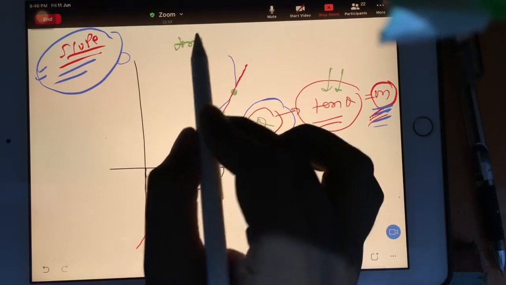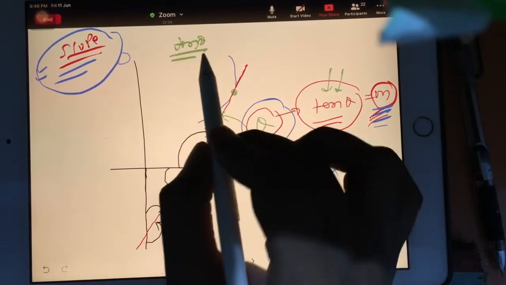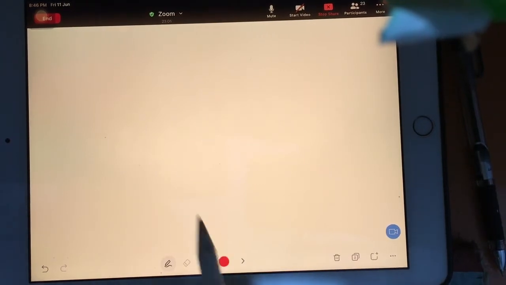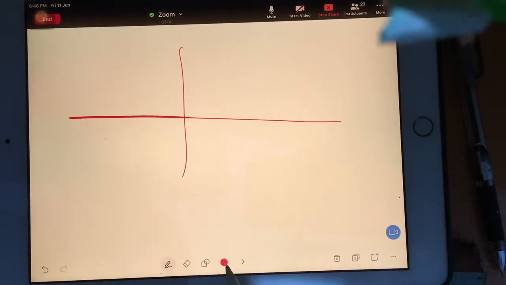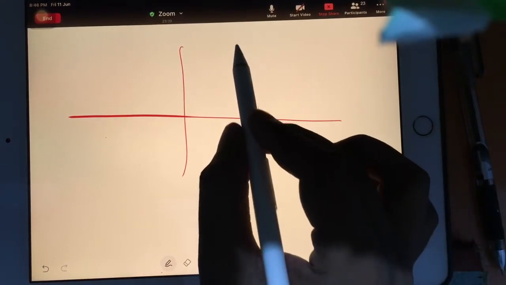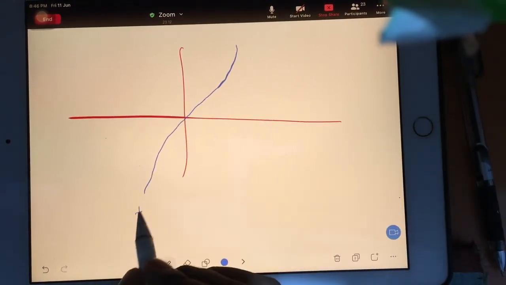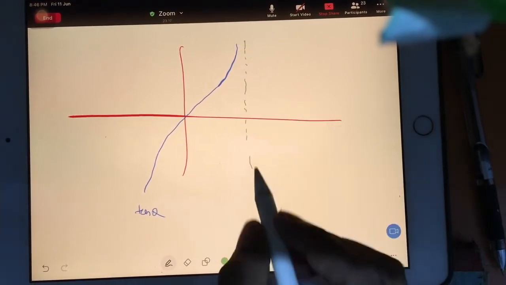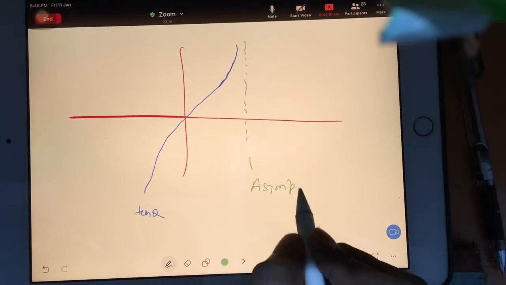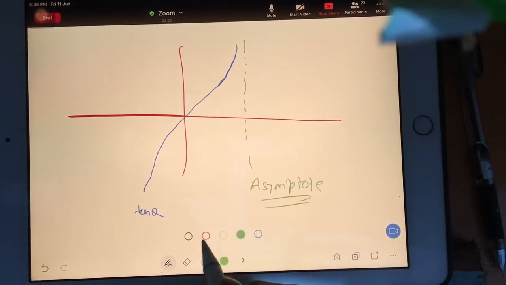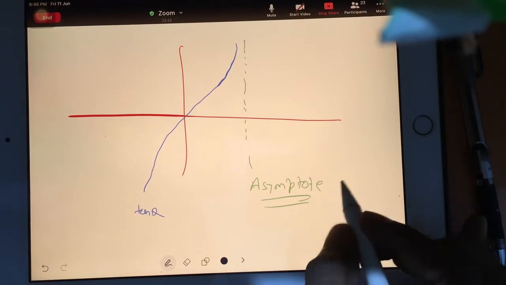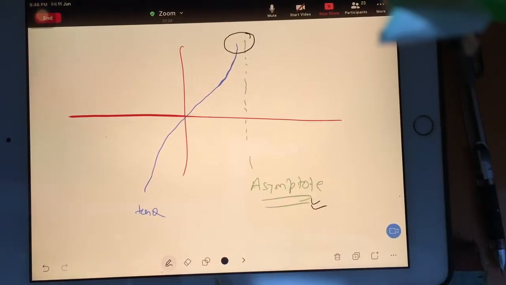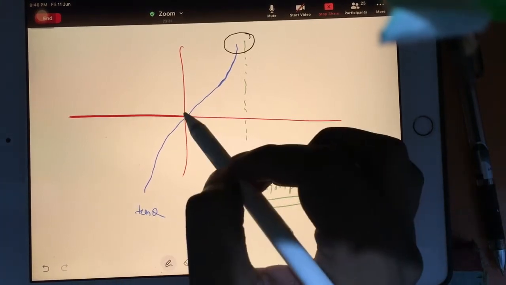The tan theta value has a very drastic change. I will show you the graph. You see here, this is the graph of tan theta, and this is your asymptote line. Please cross check the spelling of asymptote on Google. I am a little weak in English. Asymptote means this line will never touch the curve. I mean, these two will never meet. This blue line will keep on going.